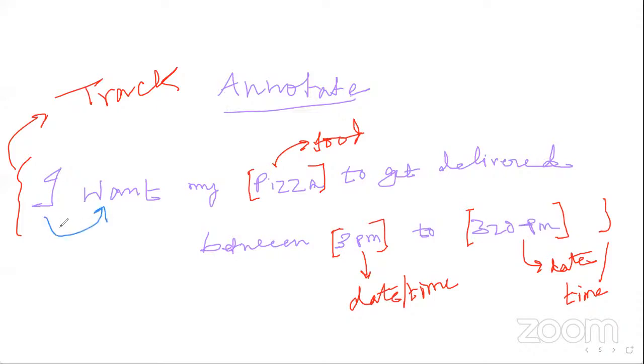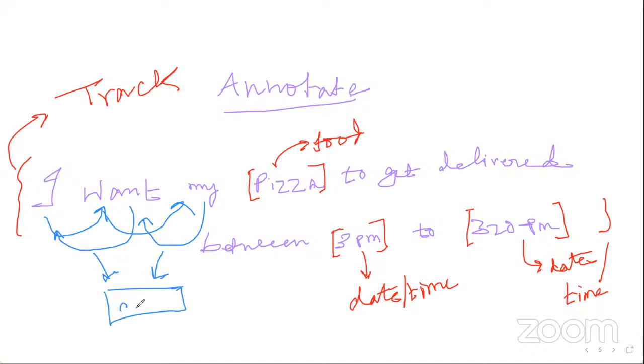So "I" and "want" is there, "want" and "I" is also there, and then "I want my" and "want", so it is traversing both ways. When it is traversing both ways, the advantage is that these inputs get into an attention vector. For those who don't know, you don't need to worry, this is all covered in our course. Everything cannot be touched in depth, but I'll try to make it much easier.